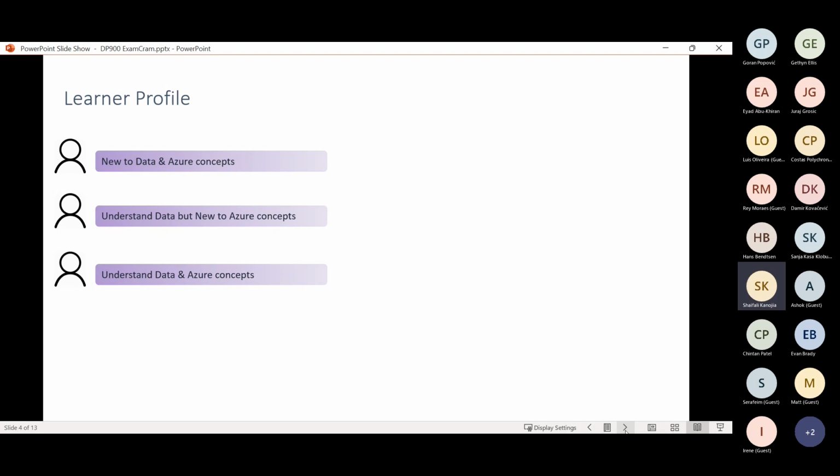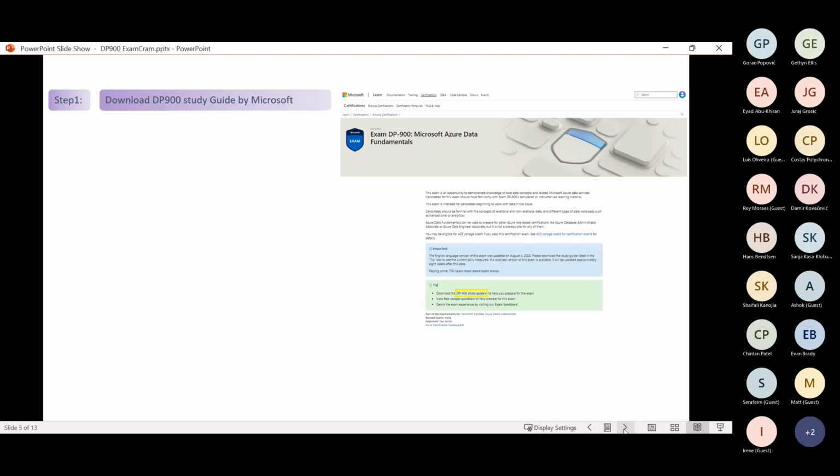Why profiling is important, because it also defines how you should approach any certification. Maybe the person who is suggesting to you might be in category 3 and you are in category 1, so half of the things might not be making sense to you. That's why the profiling of a person or self-assessment is really important when you approach any exam, irrespective of whether it's a beginner level or an advanced one. Moving ahead,